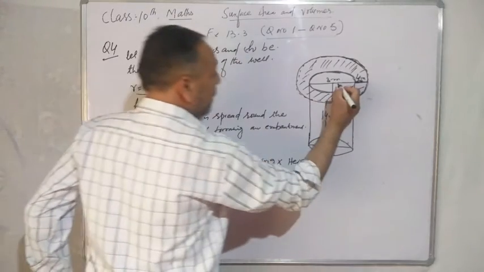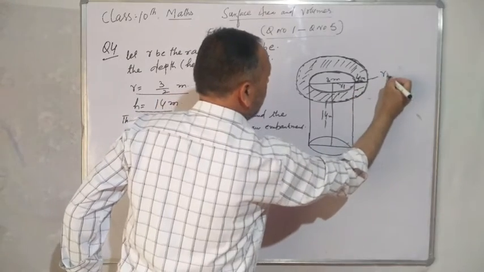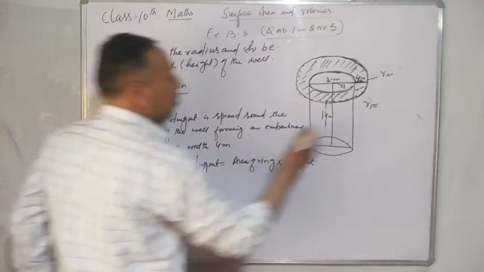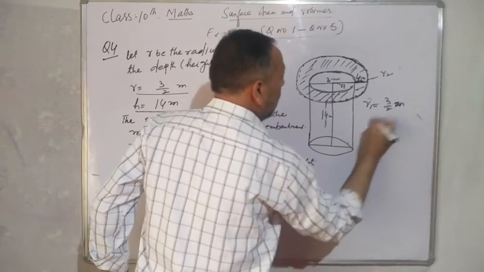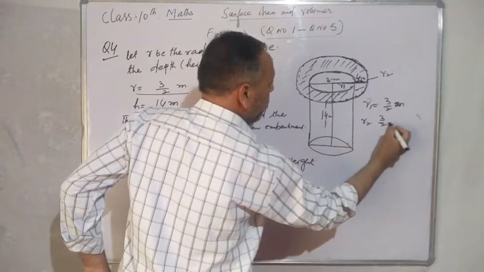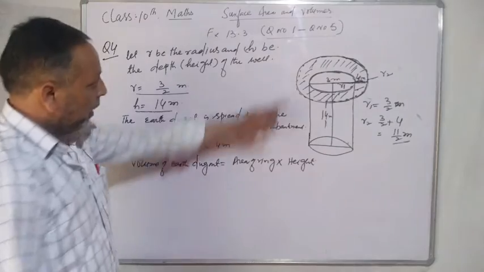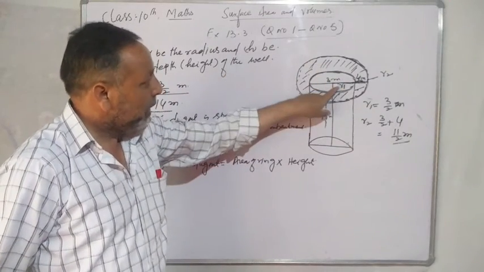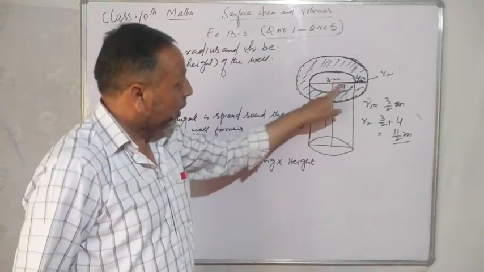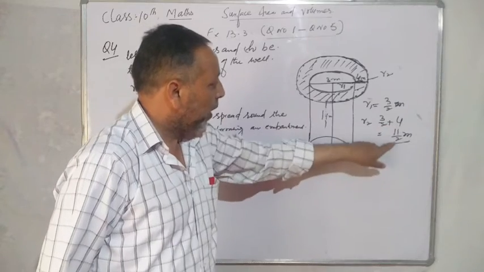चलो मान लिया इनर रेडियस R1 है, और आउटर रेडियस R2 है। अब जो R1 है वो है रेडियस ऑफ द माउथ ऑफ द वेल, दैट इज 3/2 मीटर, और ये जो आउटर है रेडियस ऑफ आउटर रिंग, एक तो ये R1 और प्लस 4, इट इज 3/2 प्लस 4, इट इज 11/2 मीटर। यानी इनर सर्कल की रेडियस R1 3/2 मीटर है, और आउटर सर्कल की रेडियस 11/2 है, क्योंकि एम्बैंकमेंट की 4 मीटर विड्थ ऐड हो गई।